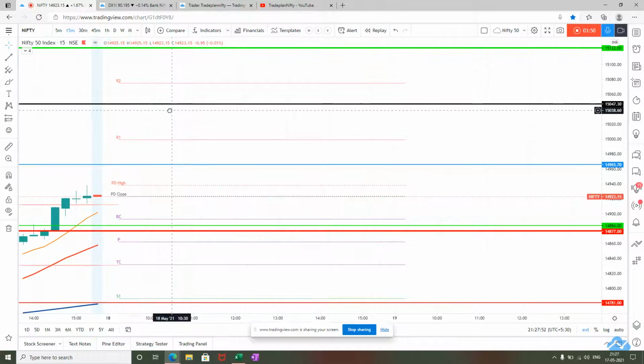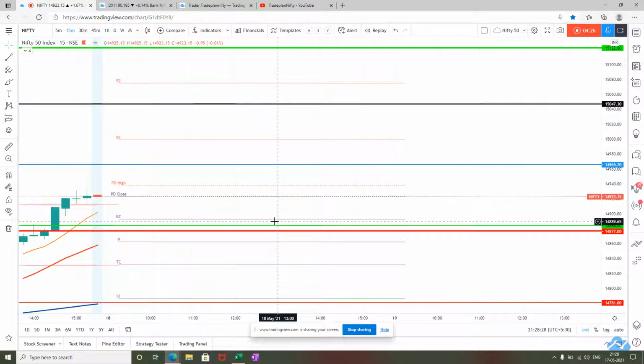One possible trade for tomorrow is that the market on the open goes closer to 15050, finds a resistance, and comes back to pivot. So one can take a shot at the open at 15050 for a target of the pivot, which is at 14862, which is also a combination of monthly H3 and weekly H4. So this could become a very strong resistance. Somewhere closer to 14,900, the market may take a support, but this move itself will be a 100-point move.